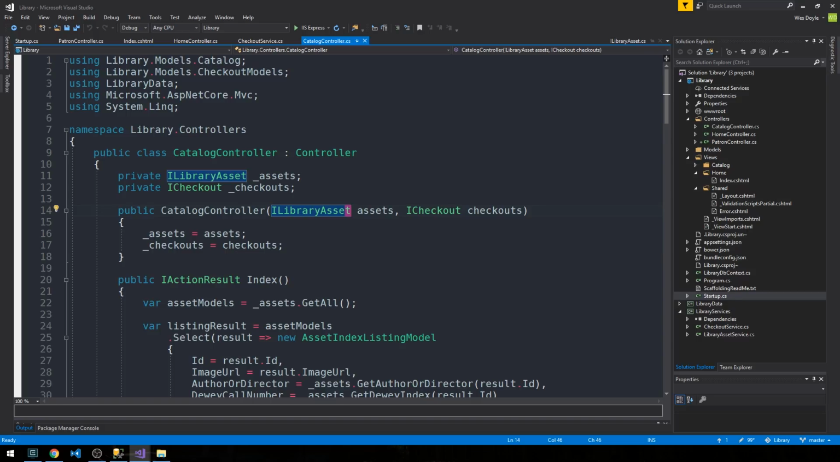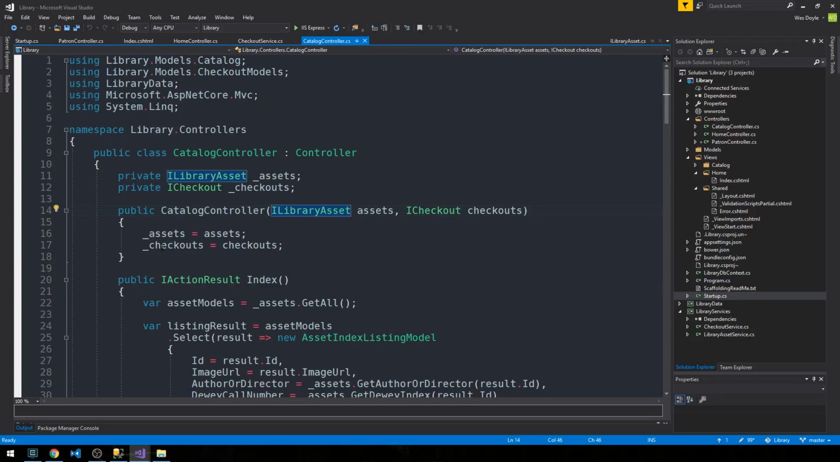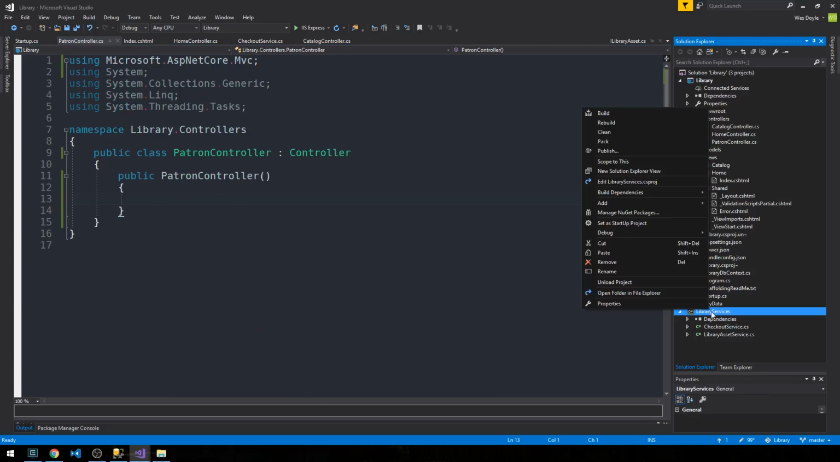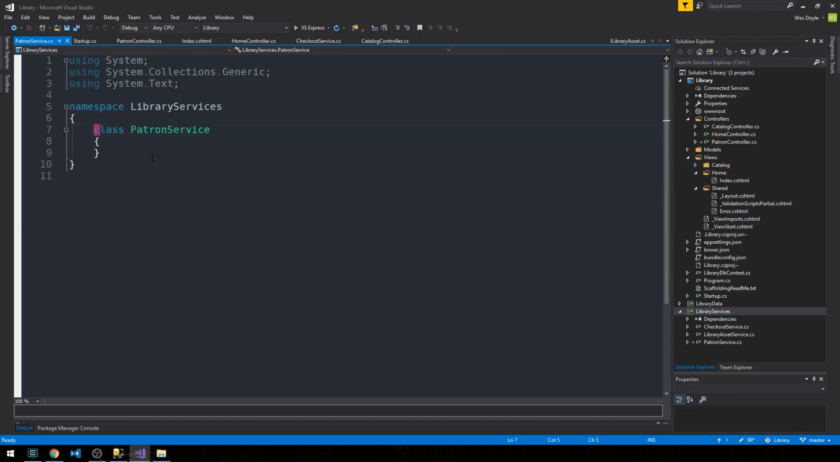Okay, so moving on, we have created our Patron controller now, and we started writing the constructor for it. And so what I want to do is, similar to our catalog controller, in which we had a checkouts and an asset service, I'm going to go ahead and write a patron service. So under our library services project, I'm going to go ahead and add a new item, and we're going to call it patron service. So this is going to be a public class, of course, and it's going to implement iPatron, so our patron